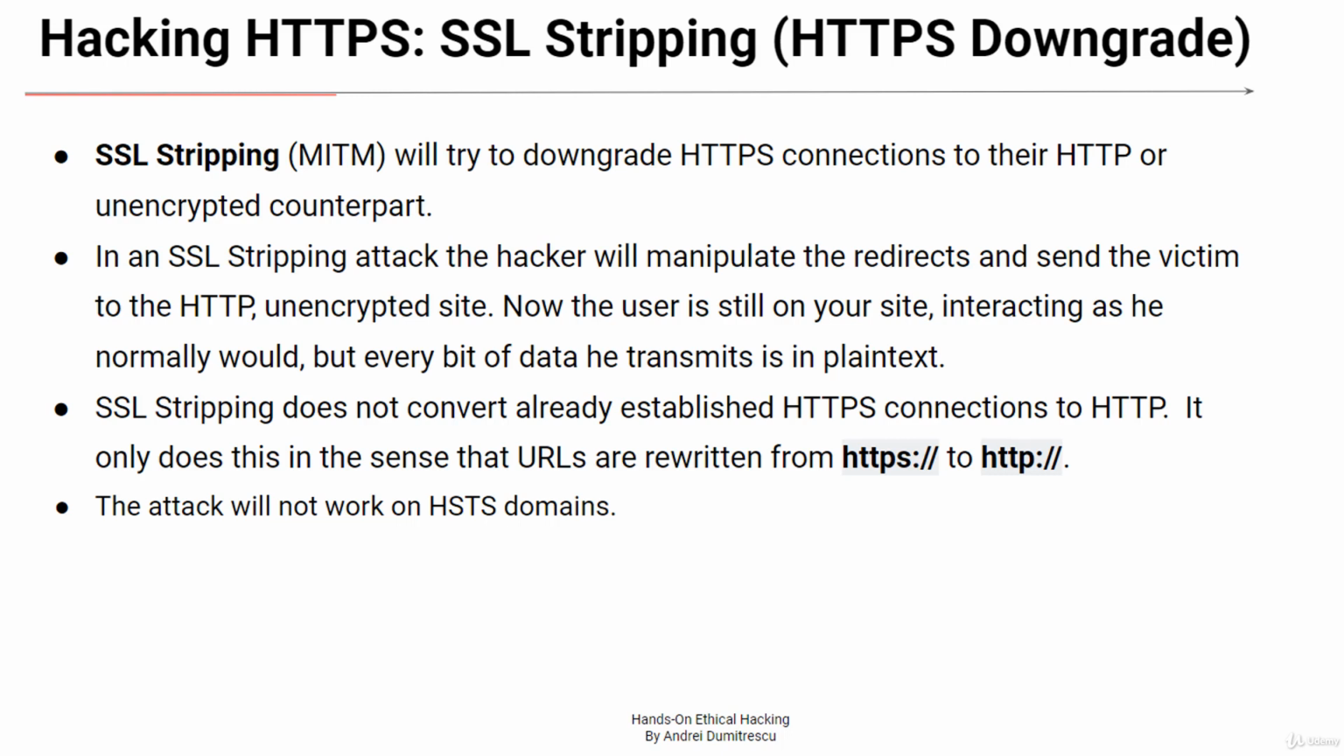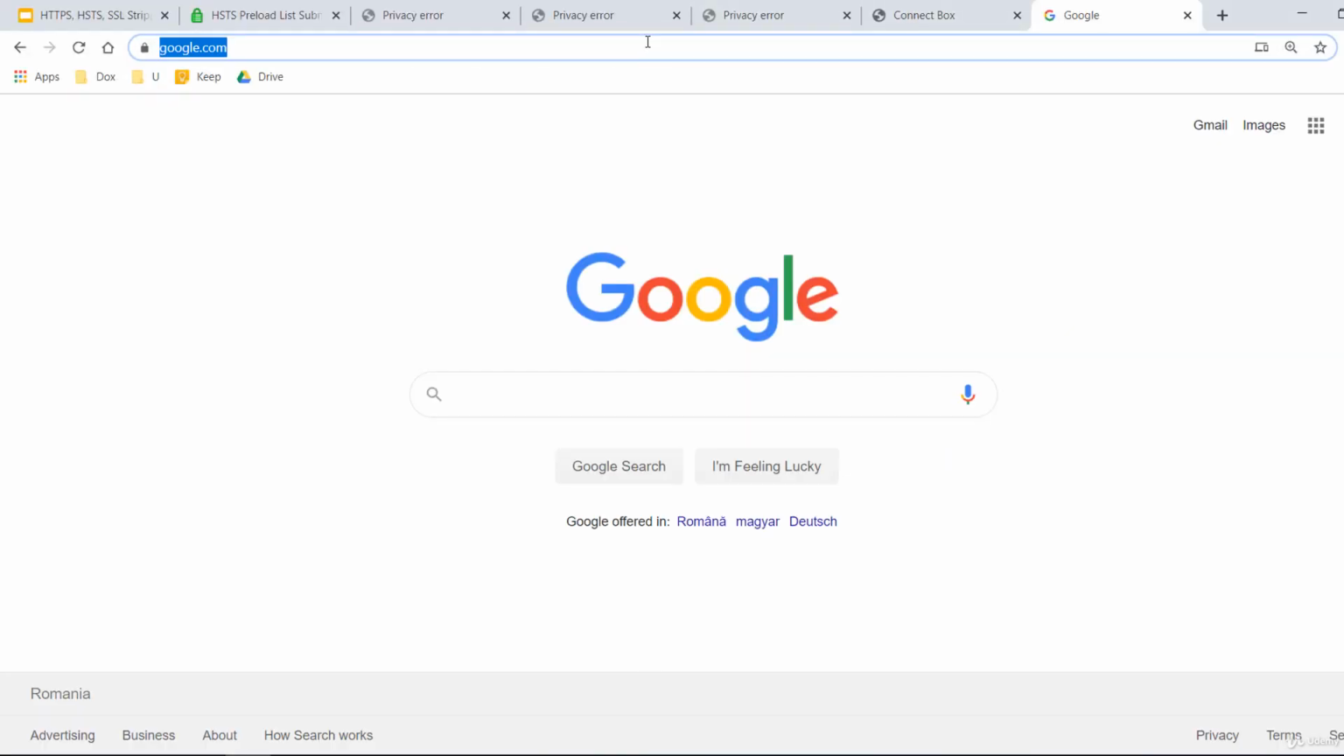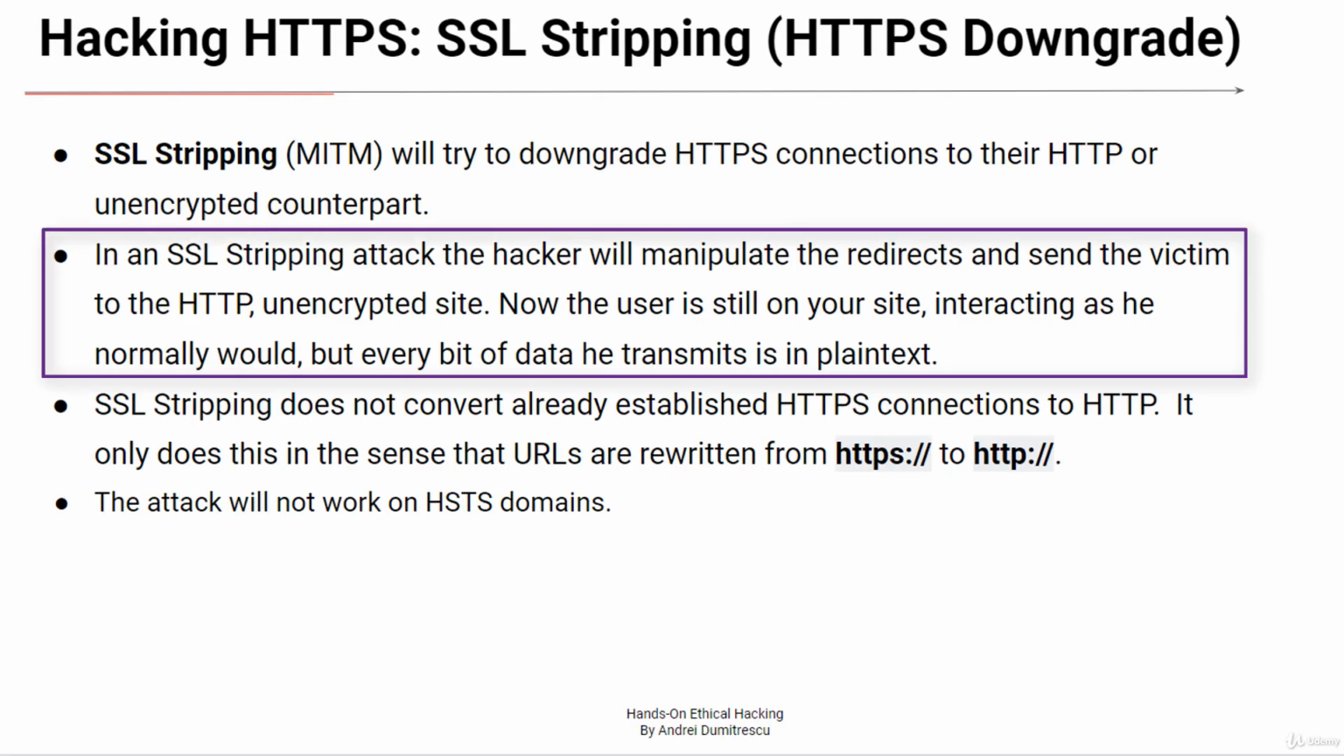Usually, when you connect to a website, you don't specify HTTP or HTTPS. You just write the domain name like google.com. And the browser connects to port 80, which is HTTP. Usually, the web server uses redirects to take users to the HTTPS site and to ensure that they cannot reach the HTTP site. In an SSL stripping attack, the hacker will manipulate the redirects and send the users to the